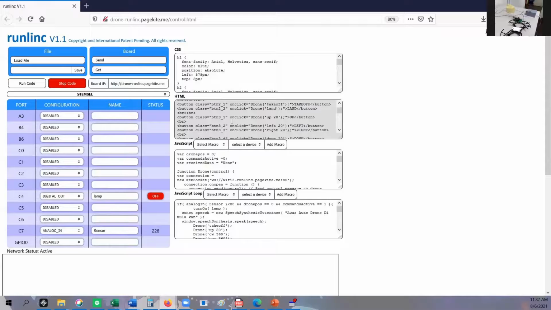These buttons also have some CSS, which is graphics to make them larger, but otherwise they're the same buttons. So on click equals drone up, etc. And also in the JavaScript loop, we see that it still has the sensor, and this code in the JavaScript loop, the last box, the loop box actually says less than 80, and it says turn on lamp, but it